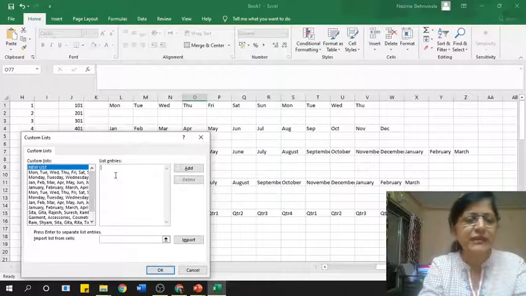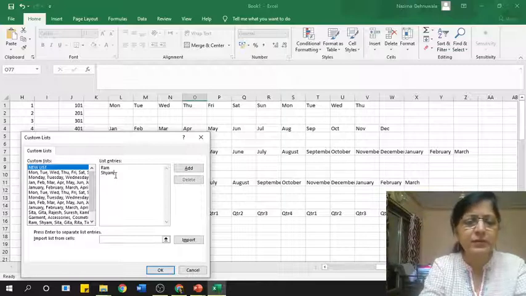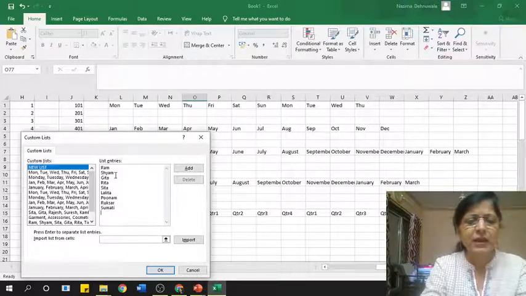Suppose I type a list like Ram, Sham, Geeta, Rita, Sita, Lalita, Poonam, Ruksar, Sumati, and so on.